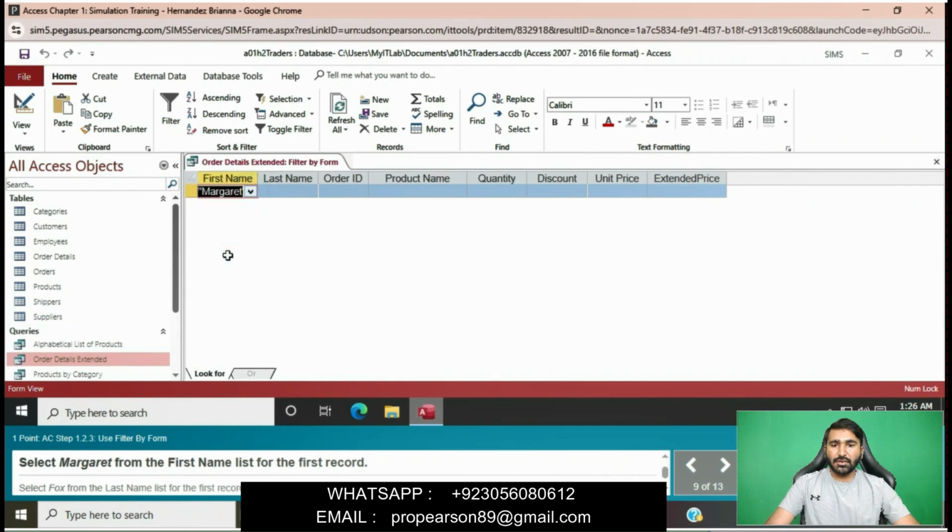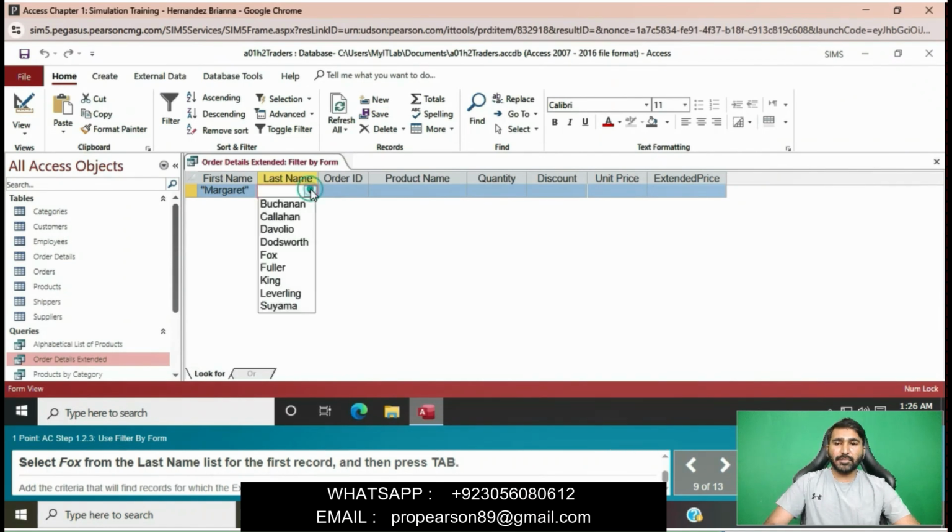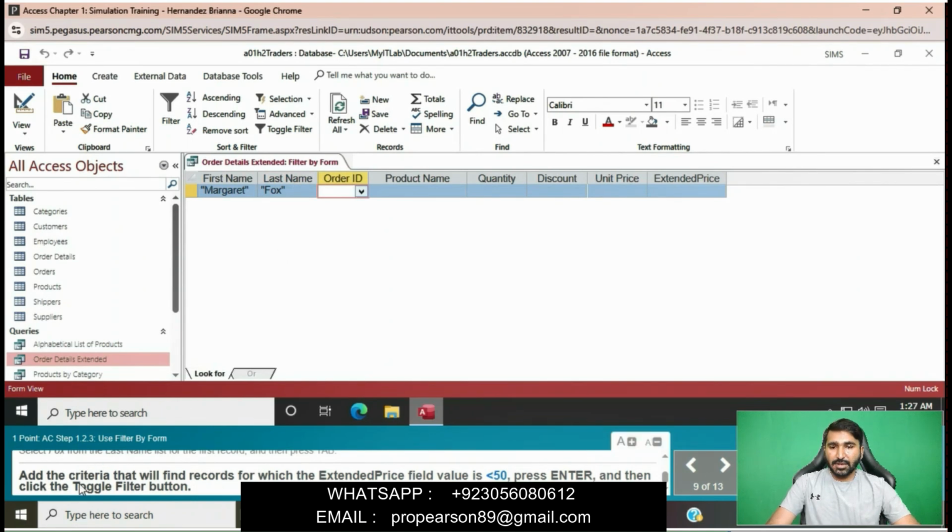Select Fox from the last name list for the last record and then press tab. Add the criteria that will find records for which the extended price field value is less than 50. Press enter.